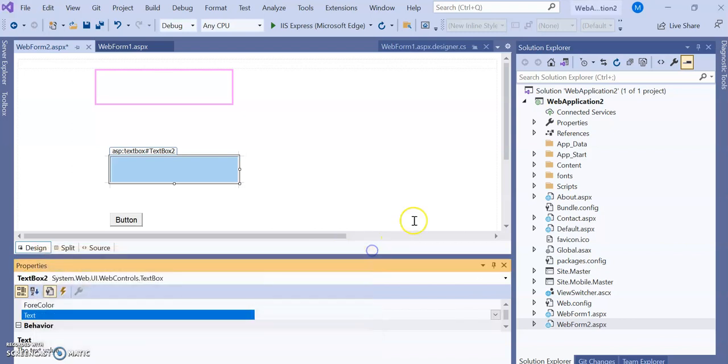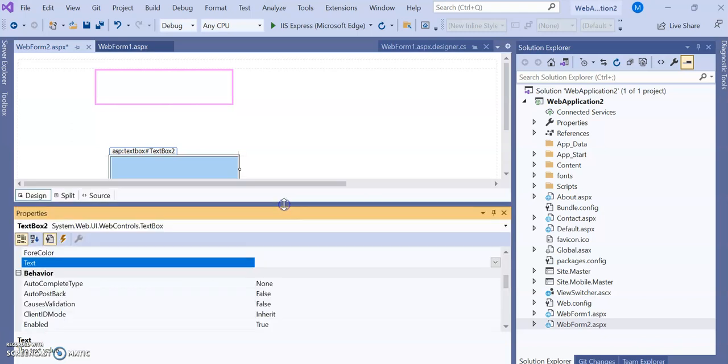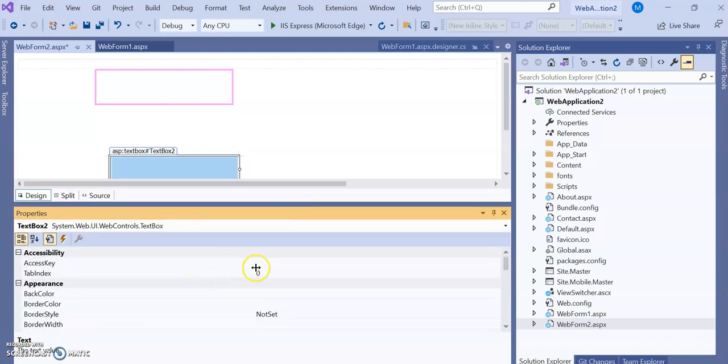Okay, I'm closing this output window. Okay, I think this is the visible one. So this is TextBox2. Here you can see System.Web.UI.WebControls.TextBox. So the text box is inheriting the properties of these classes. Your base class System, Web inherits System class, UI inherits Web class, WebControl inherits UI class, and TextBox inherits all these properties of all these base and parent classes.